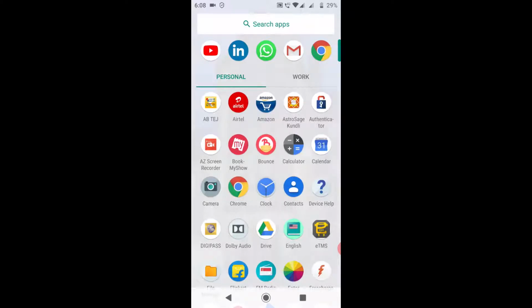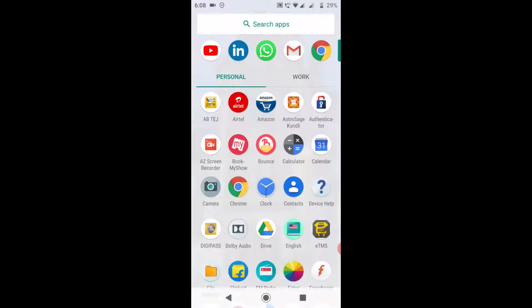So I came with this configuration so that you can have one email application and access all your email IDs from one application. Let's see how you can configure it.